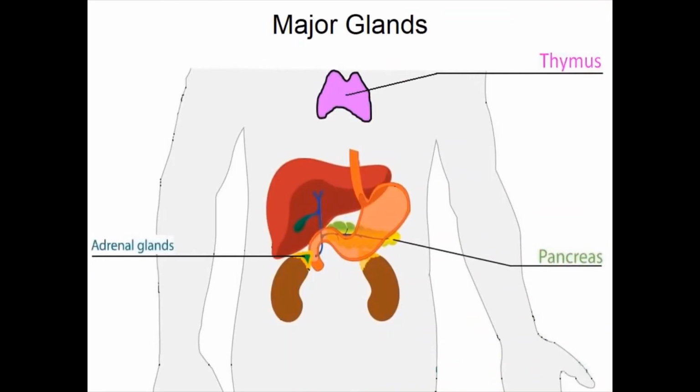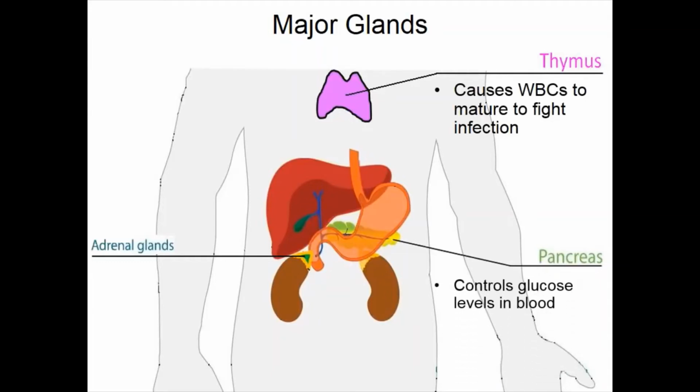So as we work our way down, we come to the chest area, and there's a gland called the thymus. The function of the thymus is to release hormones to help white blood cells mature, to fight infection. Specifically, a type of white blood cell called T cells. T cells are very important in fighting off bacteria, viruses, and pathogens. The thymus will release a hormone called thymosin, and thymosin helps these T cells to mature in order to fight infection.